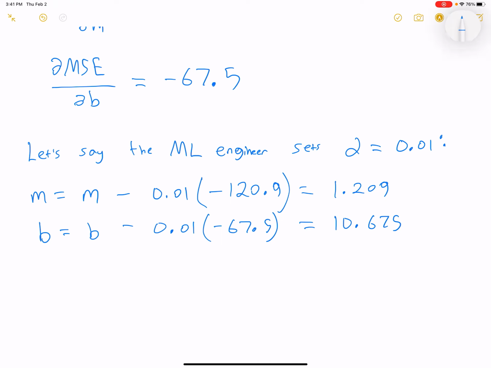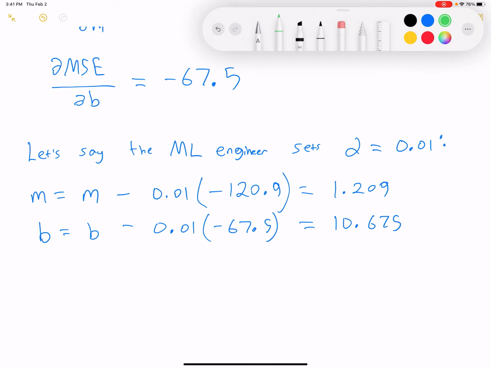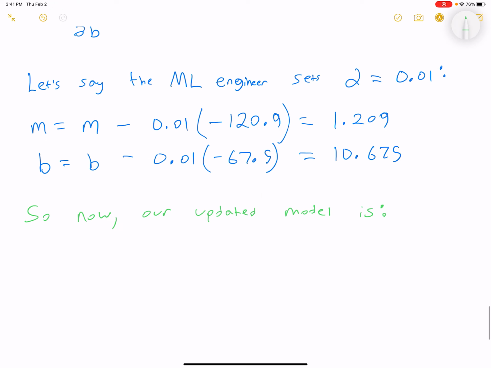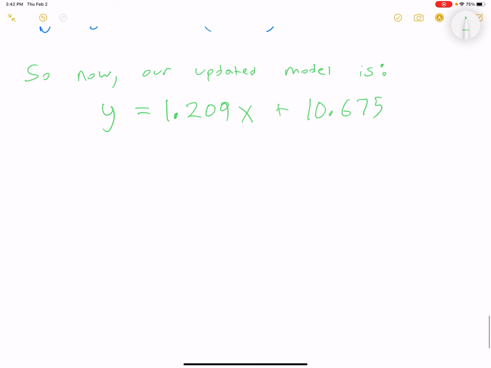And so after this iteration, our new model, or let's call it our updated model, is y equals 1.209x plus 10.675. And if we plot that out,